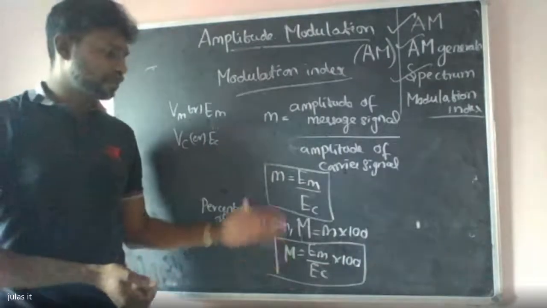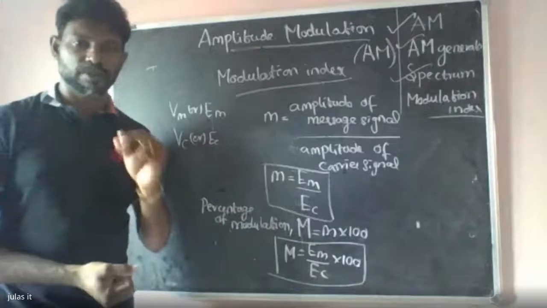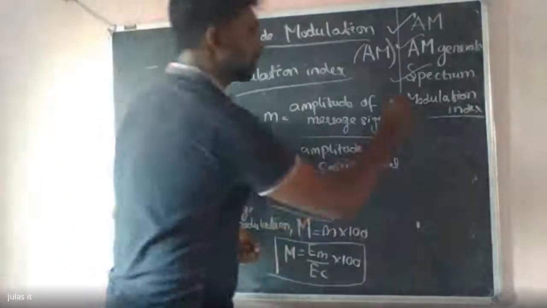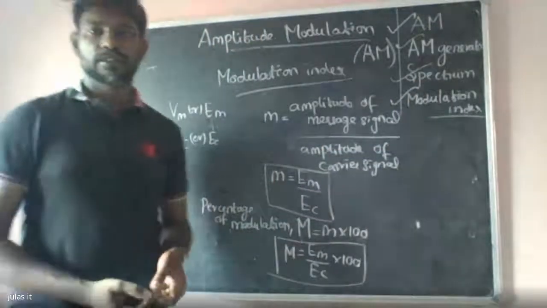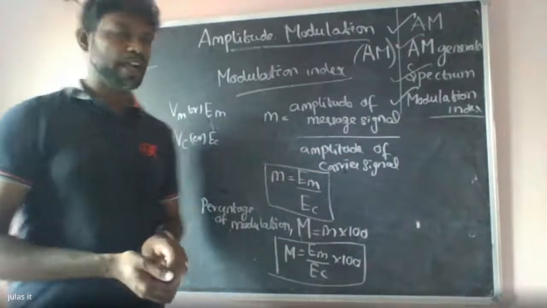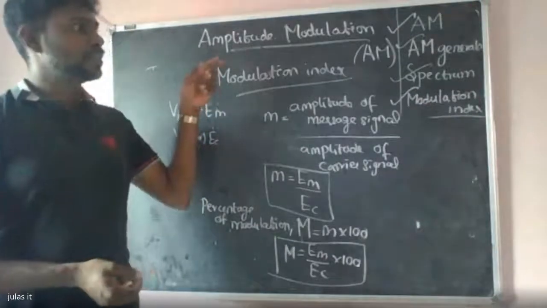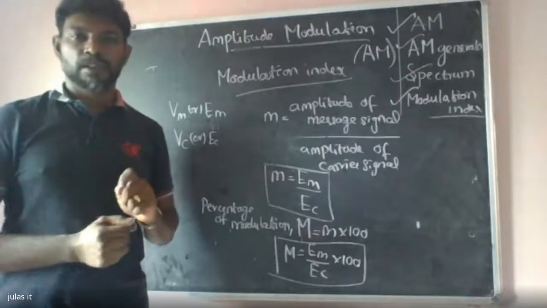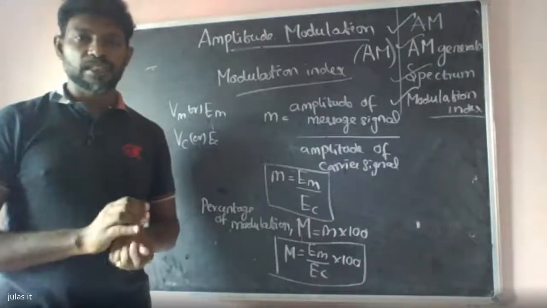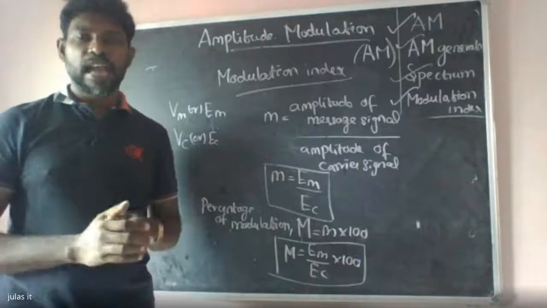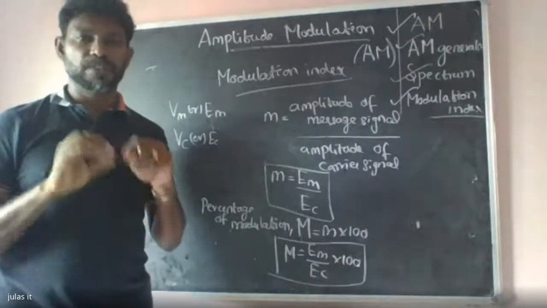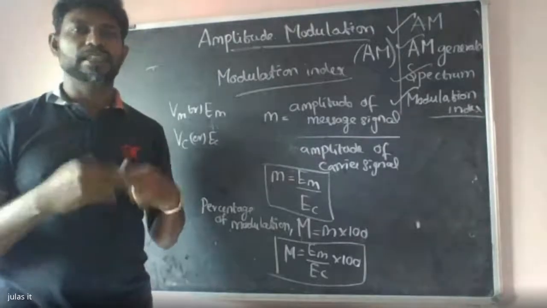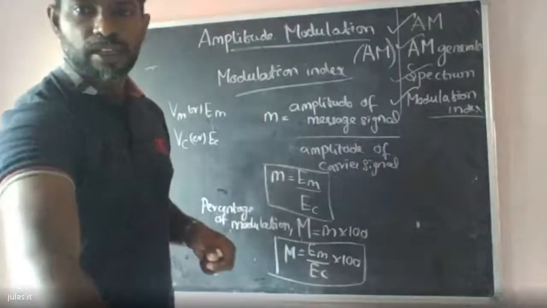These are some of the questions you will get as small problems in this topic, right? So we have finished modulation index also. With this, I finished AM modulation, AM generator, spectrum, and modulation index. In the next class, we will see some different cases of amplitude modulation, and which part we can say is at 100% modulation. It can be seen in the next part. If you have any queries, you can ask me.